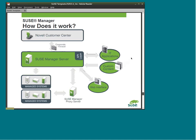OES is on the radar. I've had some discussions about that. You will hear more if you go to BrainShare on how OES support is done in Suse Manager. But this is how it works for Suse Linux Enterprise itself. You have the Customer Center, and Suse Manager connects to it and manages the systems not just with updates and patches, but it can push things for deployment, push things for configuration. You can scale it out with proxy servers as well, so it can go to thousands and thousands of instances